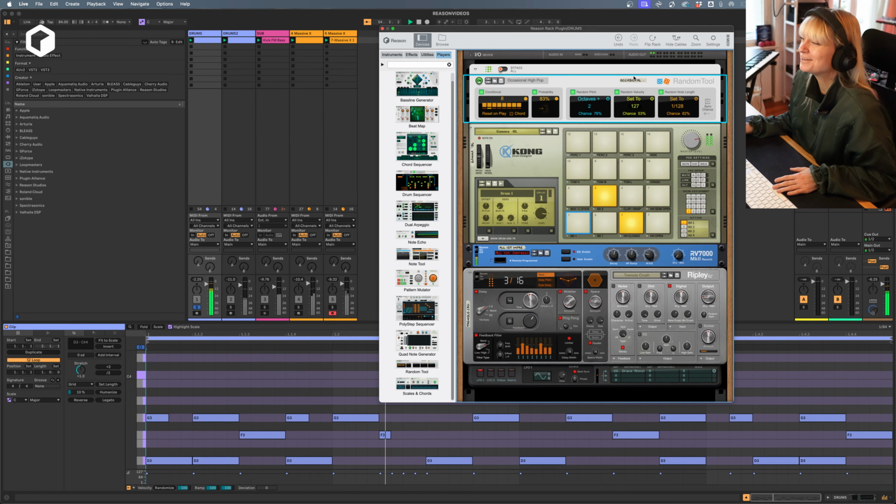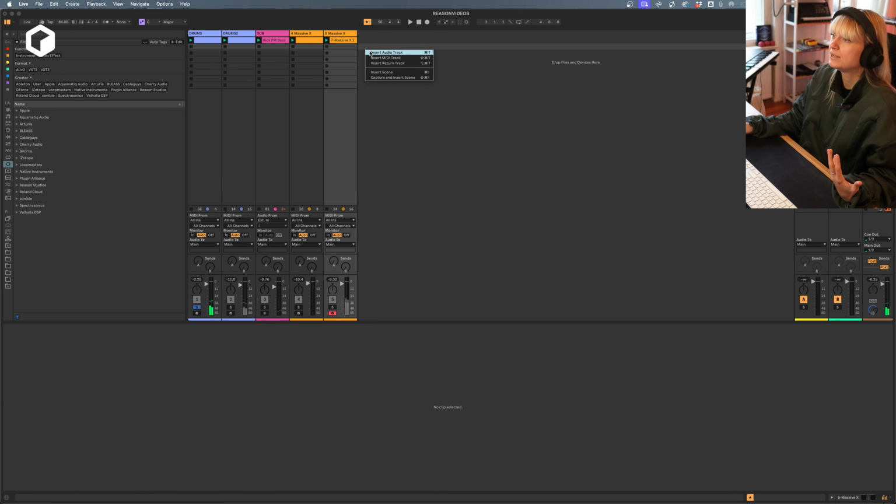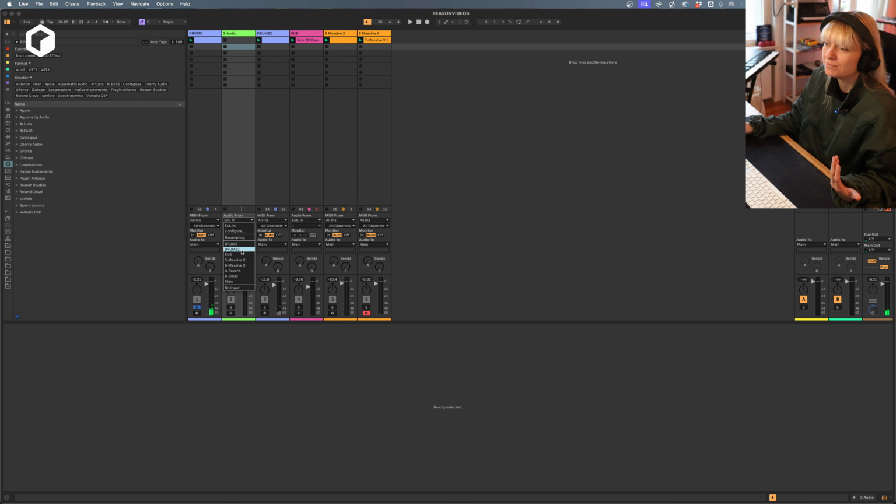So here, this is already a little bit more of a difference between these kinds of drum patterns. And what you could do is, for example, insert a new audio track, and I'm putting it in here, and I say I want to have the audio from, you can do this by the way in any DAW, and then